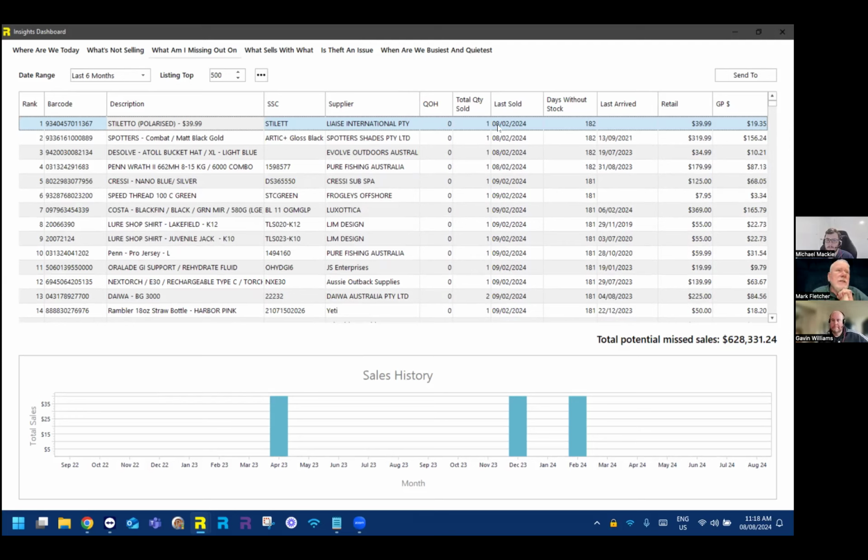Now, look, if I was running this, I wouldn't do it for 6 months. I'd probably look at 2 months. We can go 1 or 3. Go 3 months, that's fine. And let's look at 200 items. That's right. I always like to play with my filters and stuff like that,